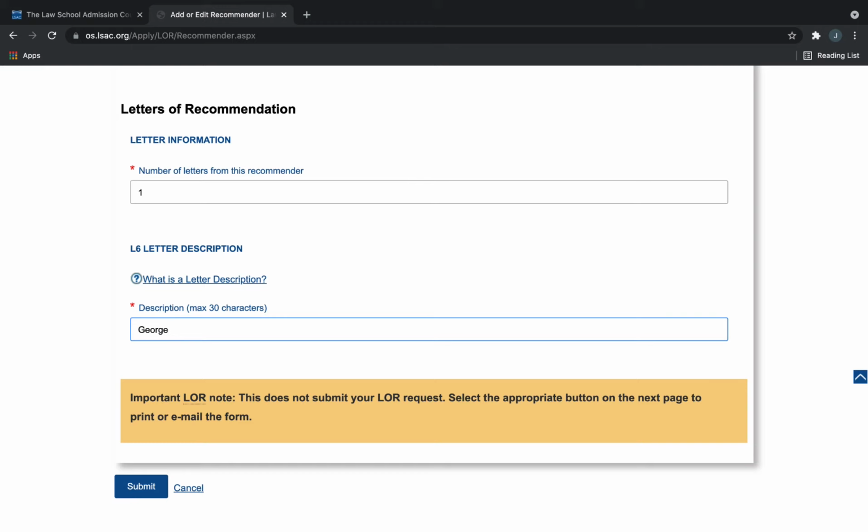So what this will do is when you're assigning the law school recommendation letters to the specific school, you will know that, okay, this law school recommendation letter is specifically for Georgetown. So the description helps, especially if you want certain recommenders to give you a recommendation for a specific school. And if not, you can just put general, so that you know that, okay, I'm going to use this for